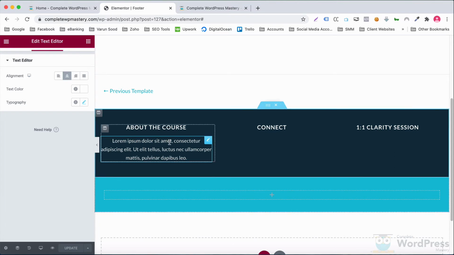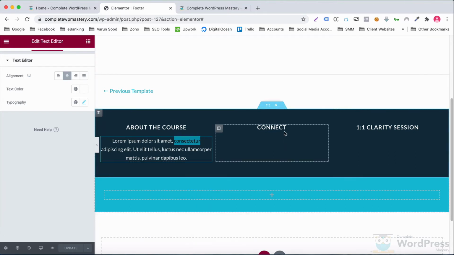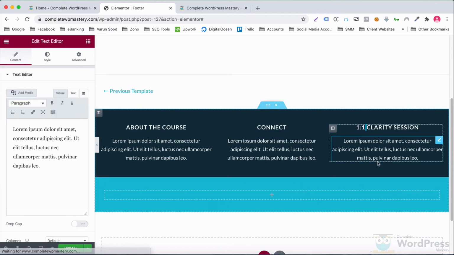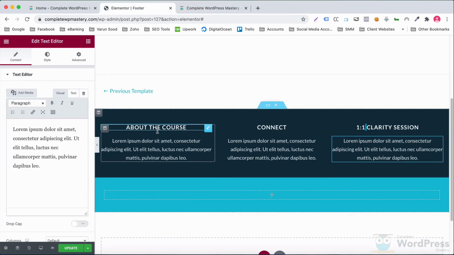I will now quickly copy this widget in the other two columns below the headings. For the actual text in all these three text editor widgets, I will copy that from our template website.